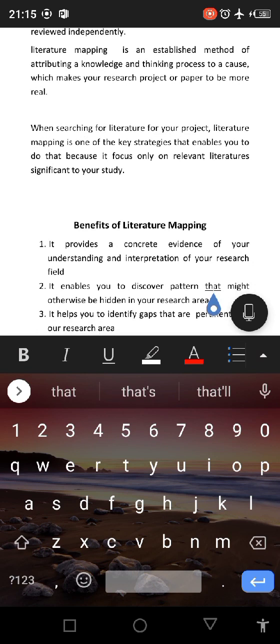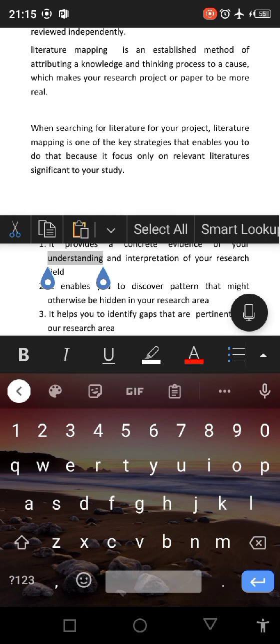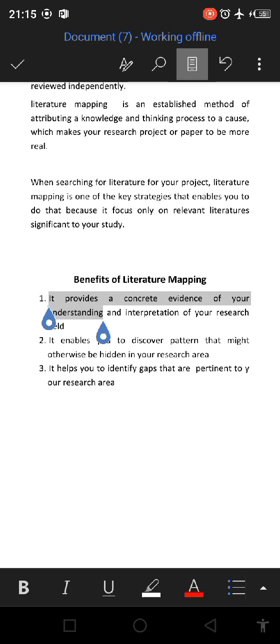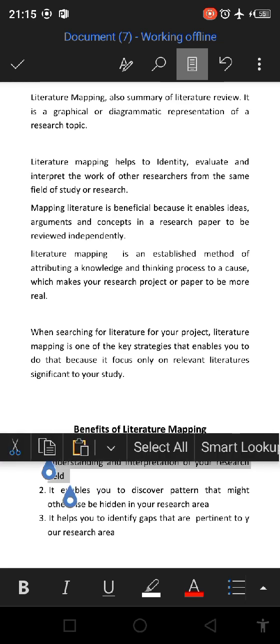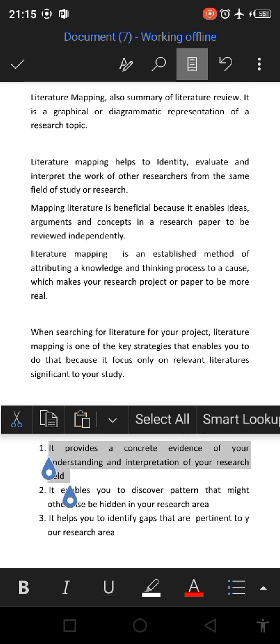When you map out your literature, it shows to your supervisor, your colleagues, or anybody that you want to present your mapping to, that you have an adequate understanding of what you want to write on, or what people have already written on in your field. As a matter of fact, literature mapping gives you the first level of knowledge and understanding that is required for you to successfully write whatsoever you want to write on in your area of interest.